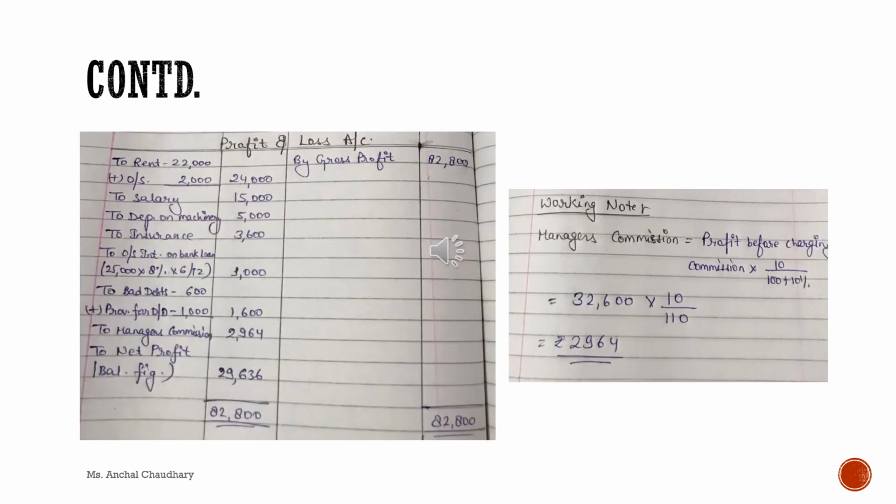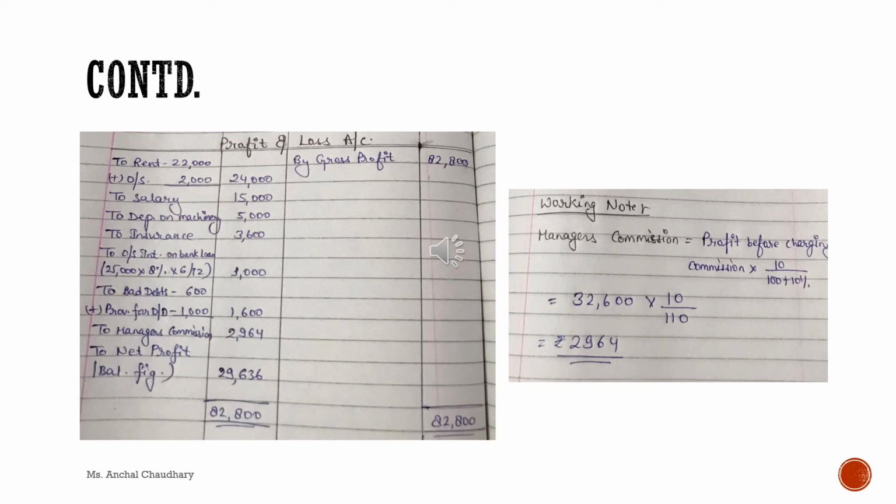Now after the trading account, I have moved on to the P&L account. All the remaining indirect expenses or indirect income, I have posted in the P&L account. The first thing I have done is transfer the trading account's gross profit to the P&L account. That is on your credit side. Then after that I have put down all the indirect expenses like salary, insurance, and other things. I have mentioned them here.